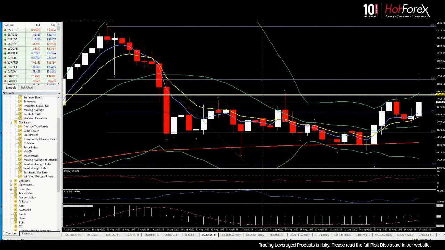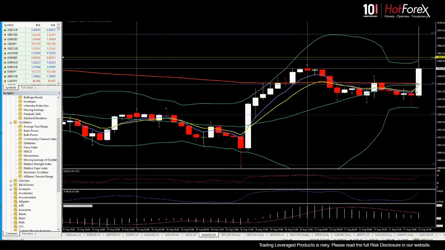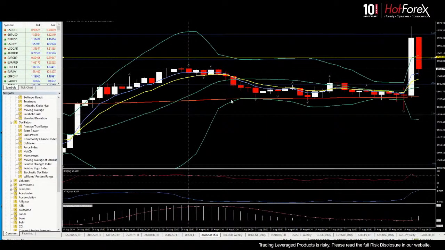So let's wait and see. Intraday now, 1 hour chart. Jumped. We need to wait actually for another 25 minutes for that candle to close in order to understand what's going on. So because that needs another 25 minutes, I will zoom out to the 30 minutes chart to see